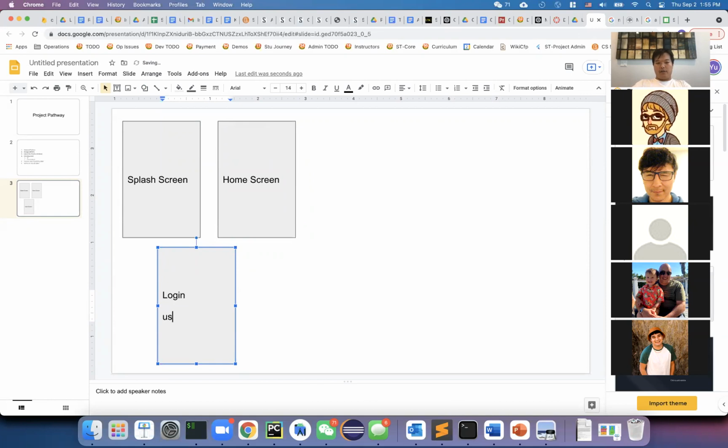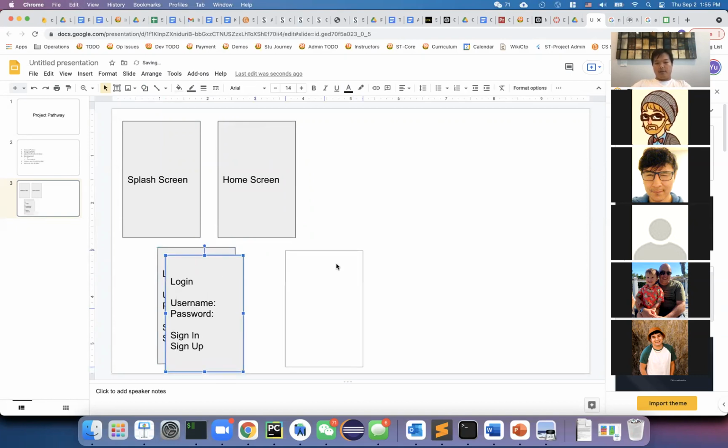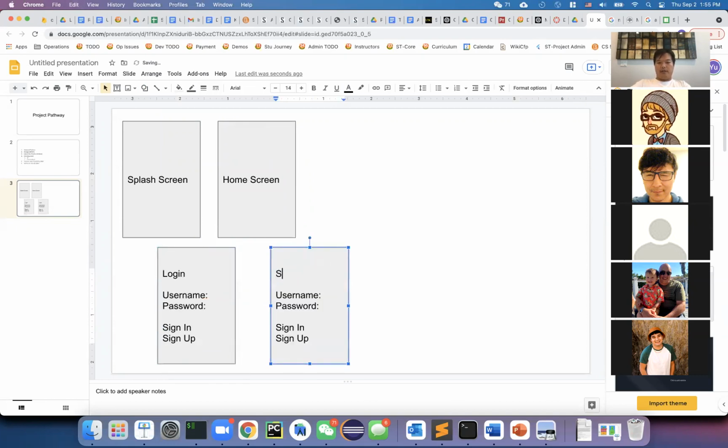The login screen is going to have username and password, and then there will be sign in and then sign up. Really simple, okay? And then the sign up is also very easy. Maybe you have some kind of confirmation, or maybe name, some extra information.